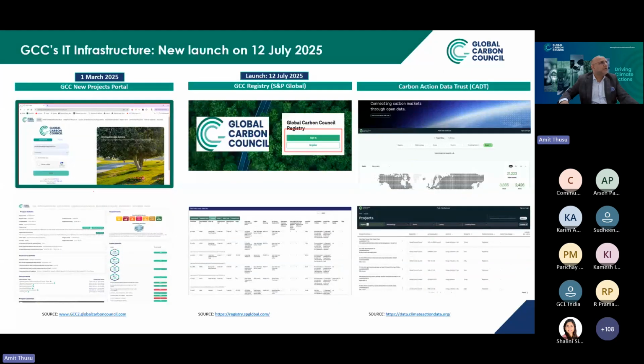As I said, on 12th of July, we'll launch the new portal. You can see the screen and how it feels, the look and feel of the new S&P Global Enhanced Registry in the center. And then we are already connected to Carbon Action Data Trust. So in the transition period, there will be all the platforms, the new ones and the old ones. As I showed in the previous slides, both of them would be